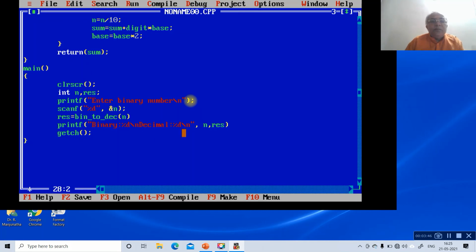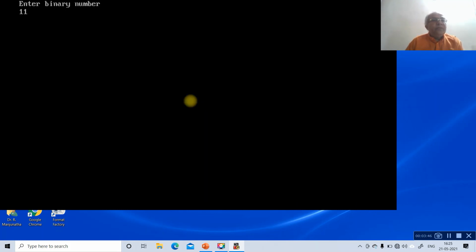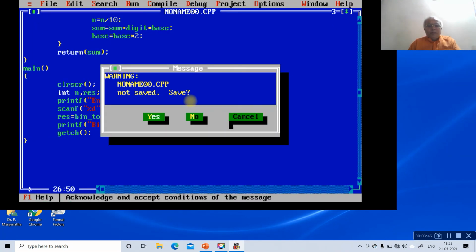Here we enter a semicolon, and here also you have to write the semicolon, then run this program. If you enter 110, then binary will be 110 and the output will be the decimal. So this is how the function works in a C program.